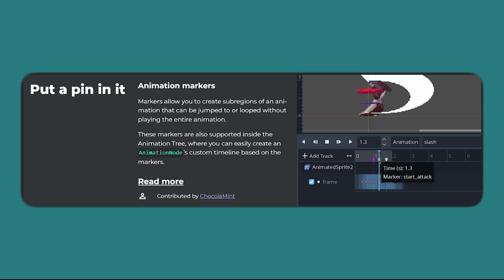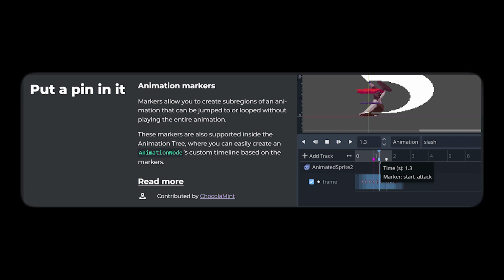And finally, on the animation side, we have markers. I don't know why Godot didn't add markers until now, because when you're editing, especially in software like Premiere Pro or DaVinci Resolve, markers are quite amazing. When you have longer videos,